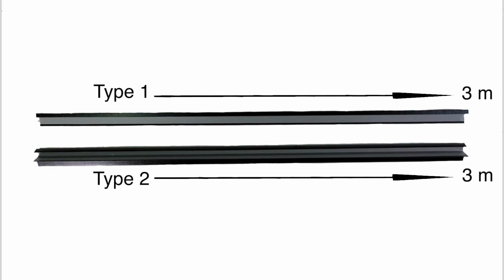LBS offer two types of continuous metal verge trim which come in 3-metre lengths. The first verge trim, Type 1, is typically used where the roof has a barge board overhang fitted. The second verge trim, Type 2, is typically used where the roof has no barge board overhang fitted and the